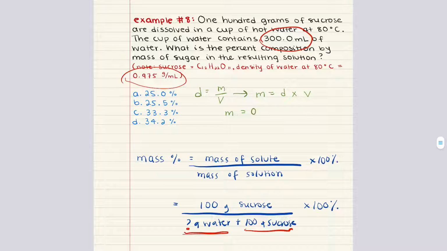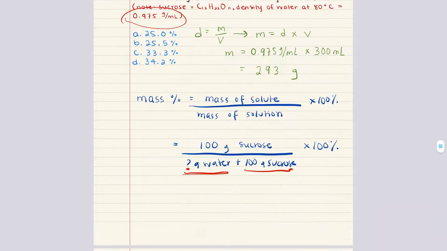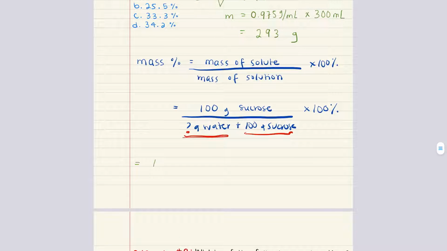Now, we have both of these quantities, so we can plug them in to solve for mass. The density is 0.975 grams per milliliter, and this is multiplied by the volume, which is 300 milliliters. Now, when we multiply this out, we get 293 grams. Now, we can take this quantity and plug it back into our expression. We have 100 grams of sucrose in the numerator, and then we have 100 grams of sucrose plus 293 grams of water, and that gets us 100 over 393